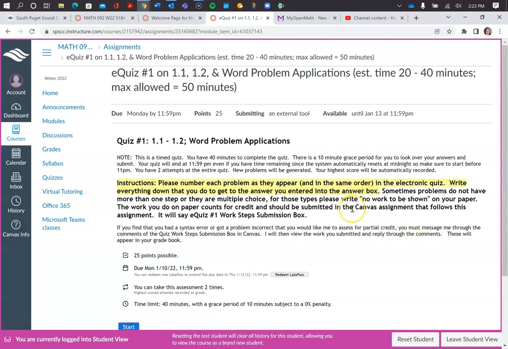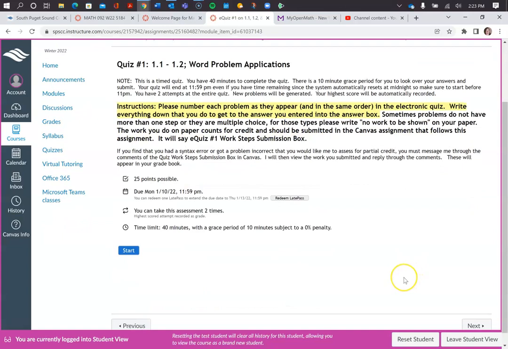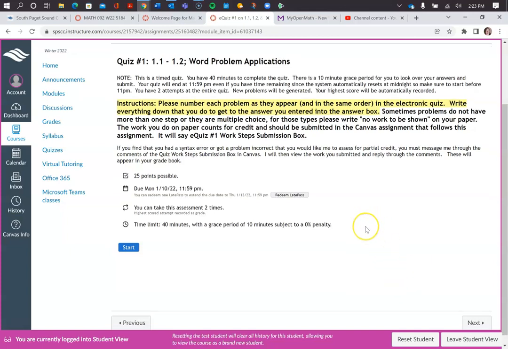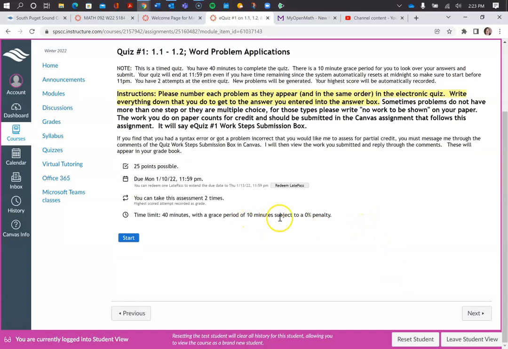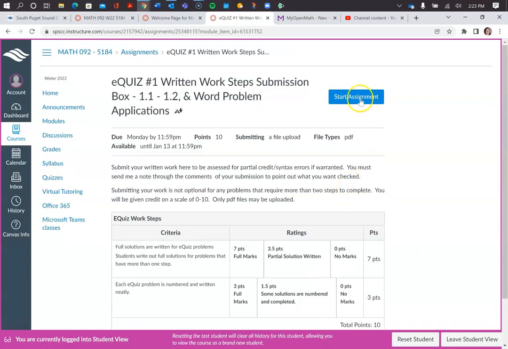Make sure you finish well before midnight, or start well before midnight, so you get your full time, because it will reset at midnight. Even if, say, you started it at 11:45 in the middle of the night, your time is going to stop at that midnight. You won't get the full 40 minutes allotted. And with the 40 minutes, then you get 10 minutes buffer to turn stuff in. So at that time, you look over your work and submit anything. Make sure you write everything down, read all these instructions, and you're going to submit that in Canvas.